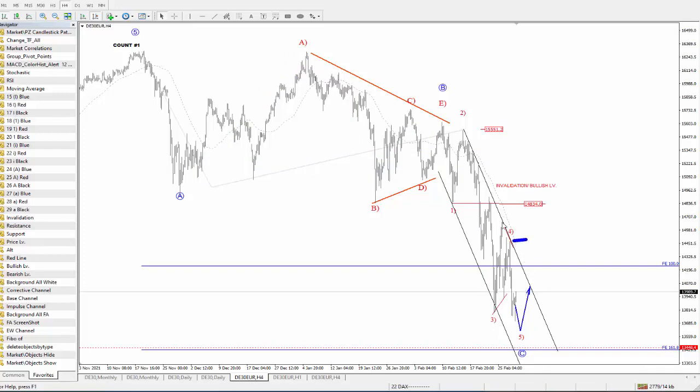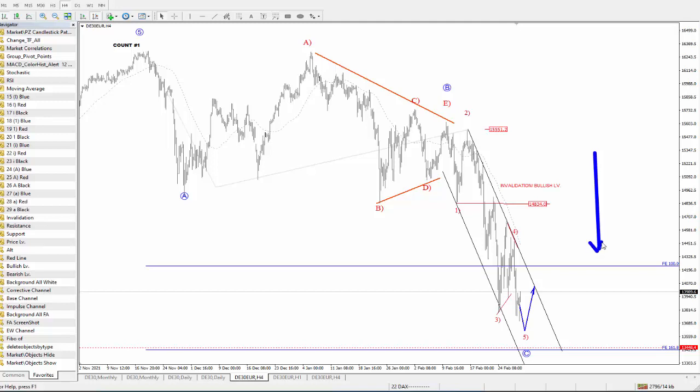I still think that a former wave 4 could be seen, especially when this trend line is broken. So for now, yes, we are still bearish, but I think this extreme sentiment is now moving into some very extreme levels. Oversold conditions and 5 waves down suggest that we could at least stabilize a little bit.